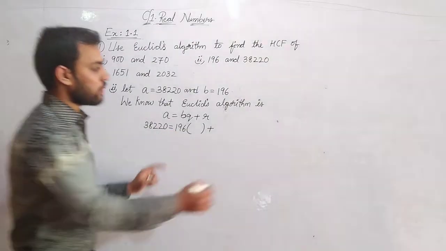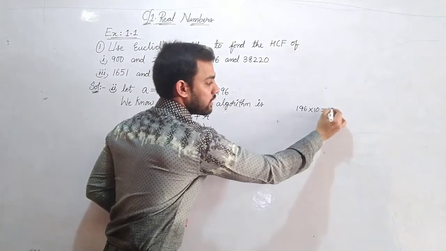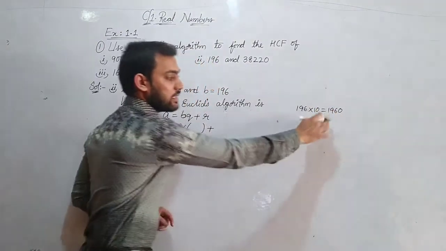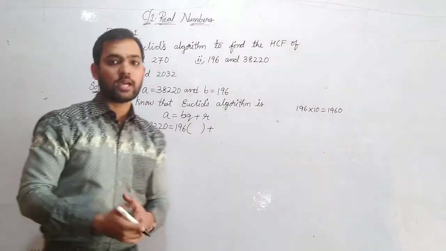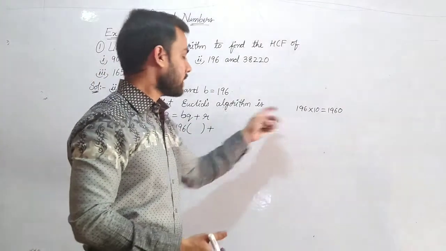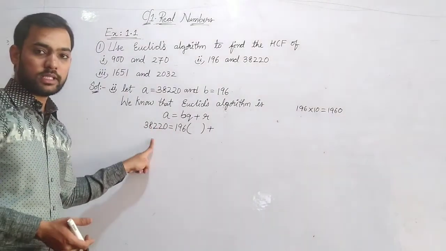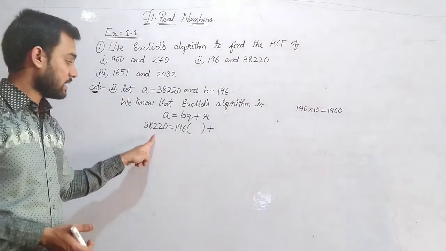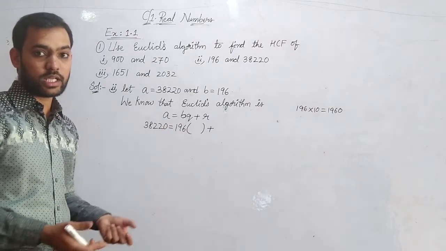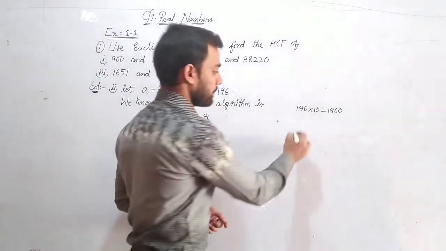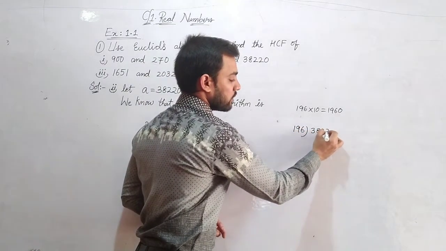So when you see 196 tens are, you are getting 1960. Still there is a huge difference to get this number, right? So whenever you get this type of situation, let us divide these two numbers to check whether this number comes in the 196 table or not. Which means I need to check whether this number is divisible by 196 or not. We need to check by doing the division in rough column. So 196 and 38,220.